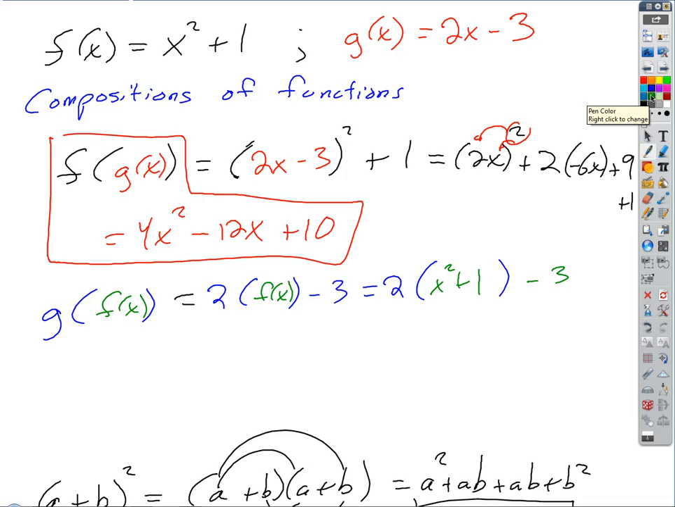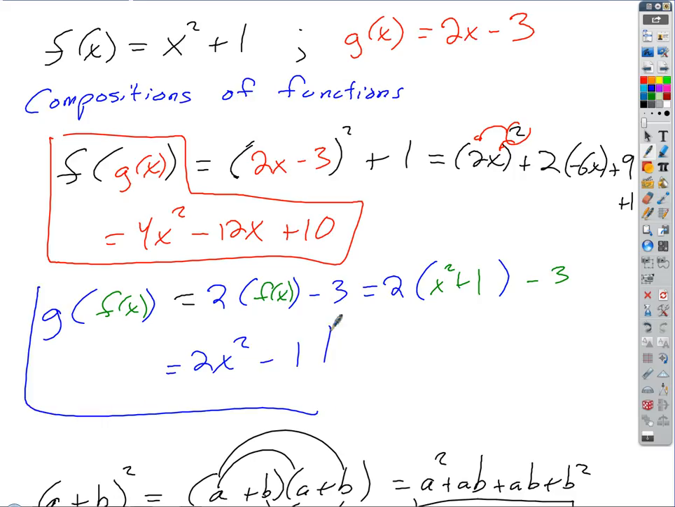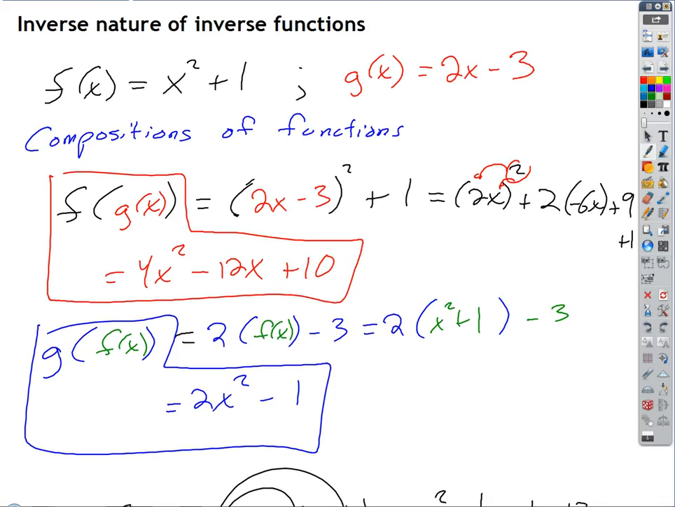What are we going to get? 2x squared plus 2 minus 3 would be minus 1. Okay, I want you to notice something. Did we get the same answers when we reversed the composition? No, pretty different, right? So f of g of x was different than g of f of x. Okay? All right, so let's